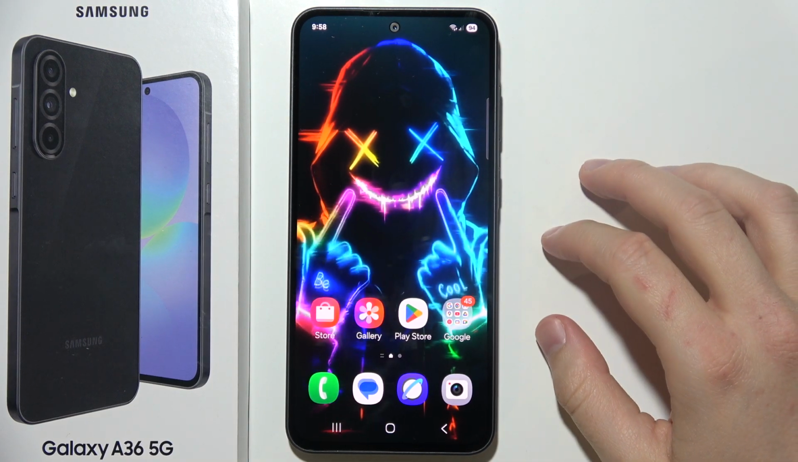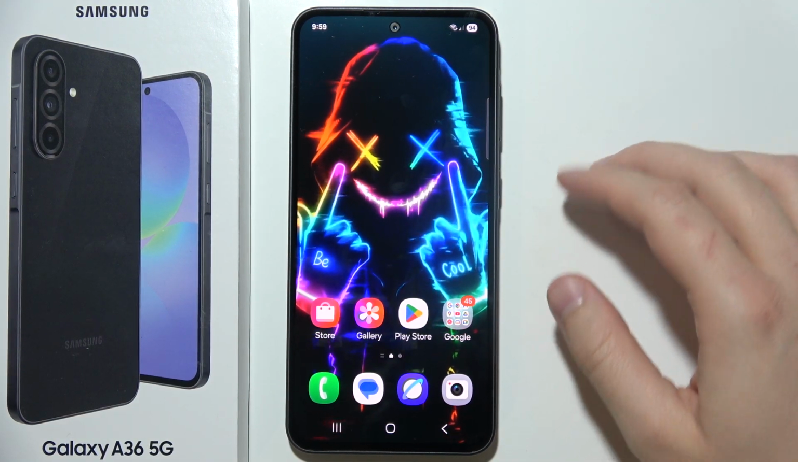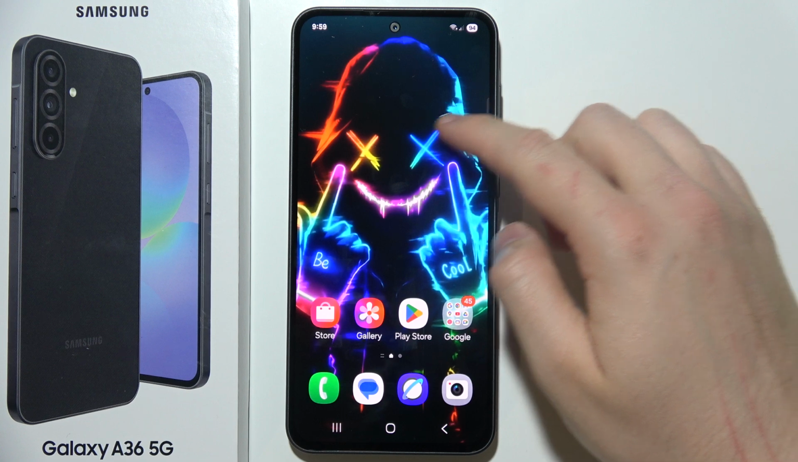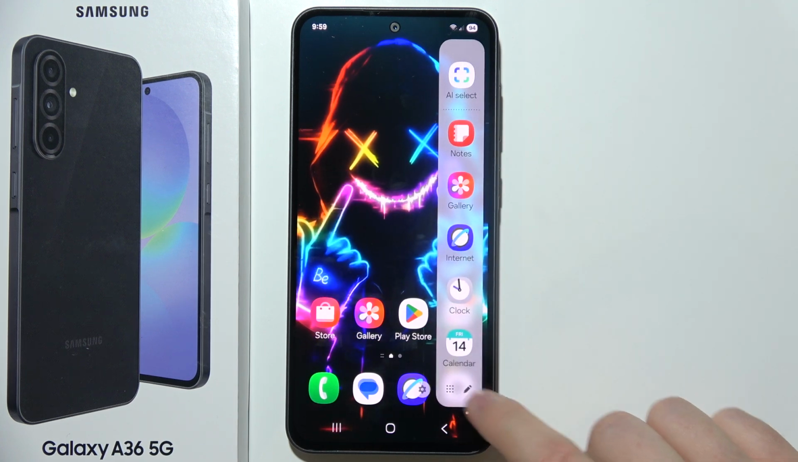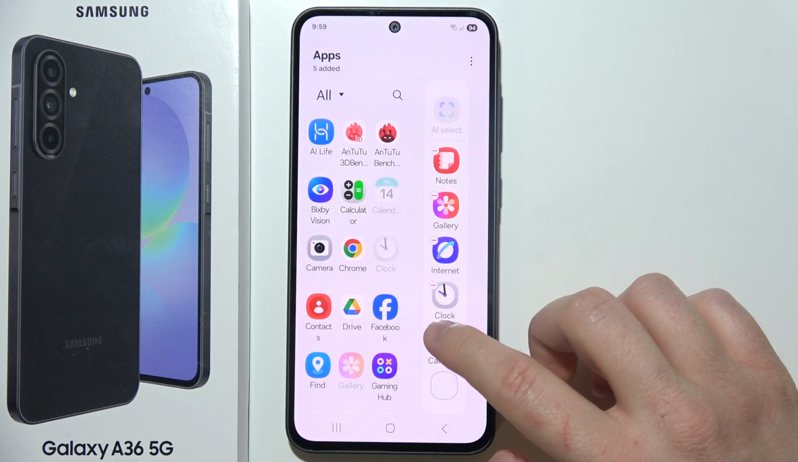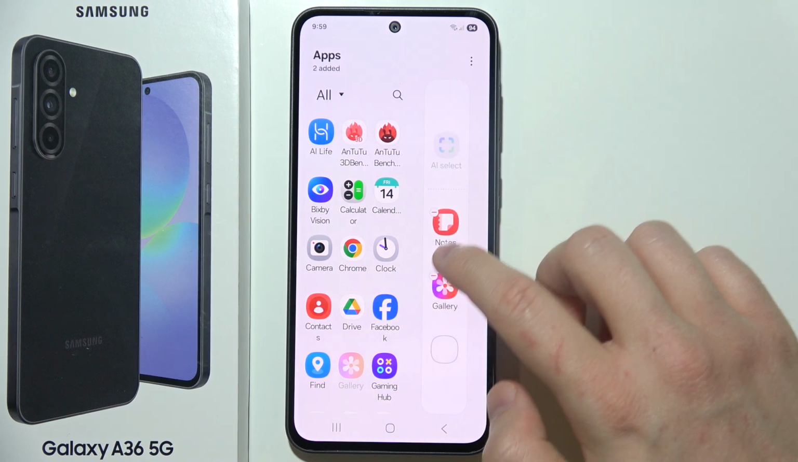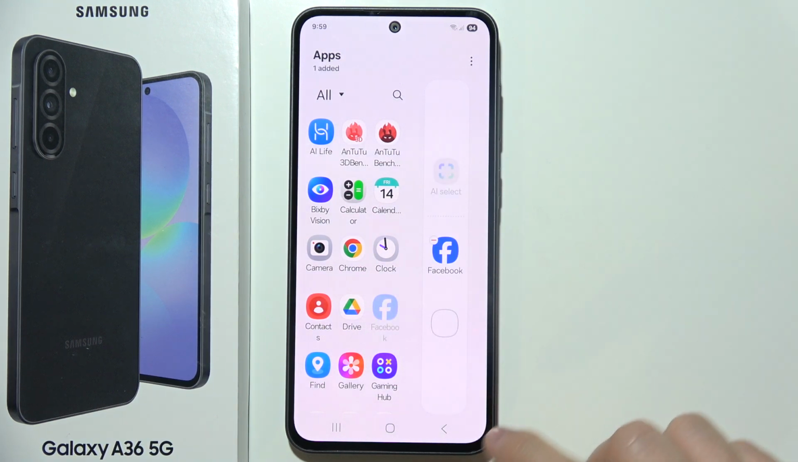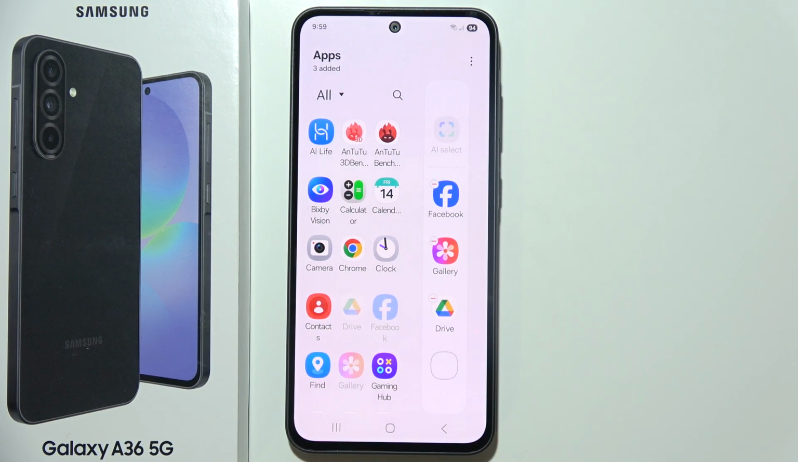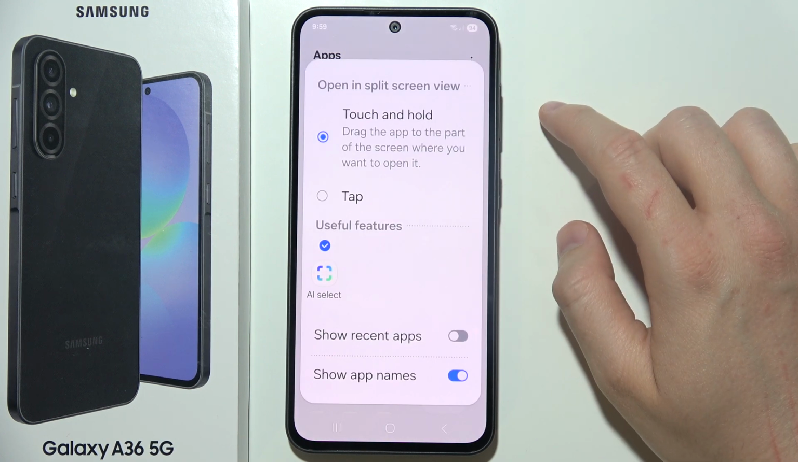If you want to customize Samsung Galaxy A36 5G Edge panel, first of all, when you open it, you can simply click on this icon, and right now you can quickly remove or add apps that you are using the most often, like this. Now, when you finish, you can click here in the right upper corner, and you can